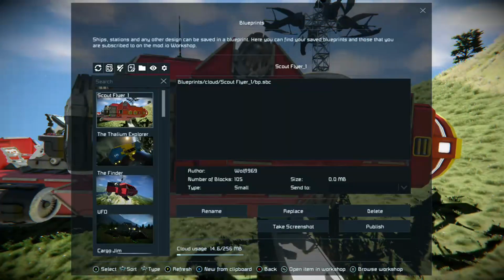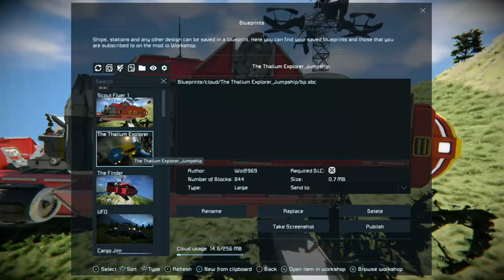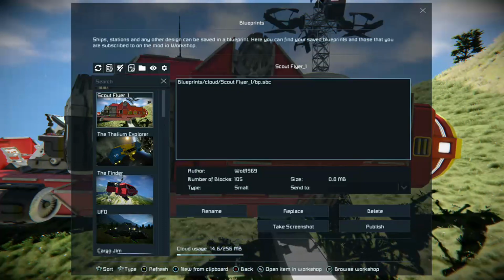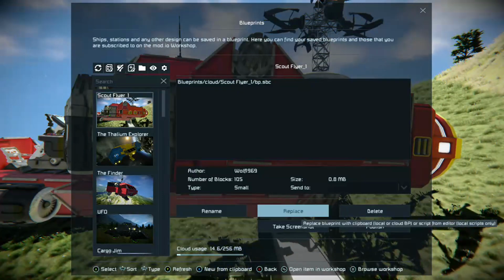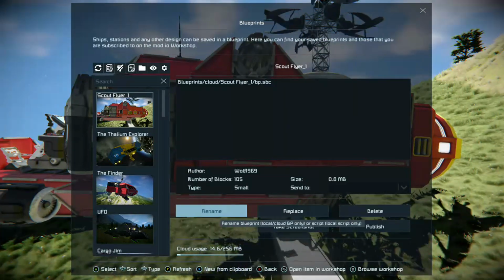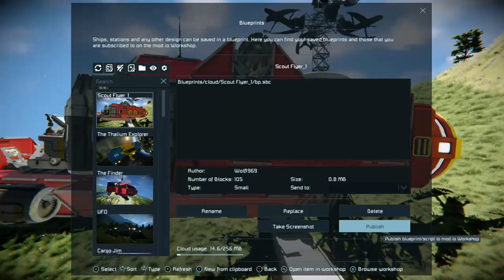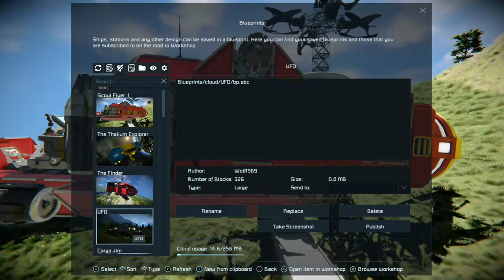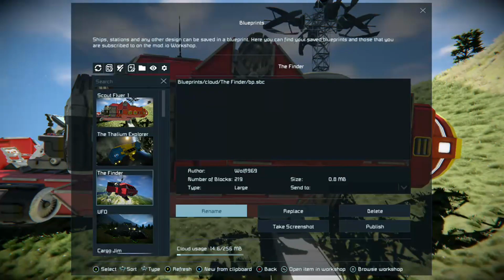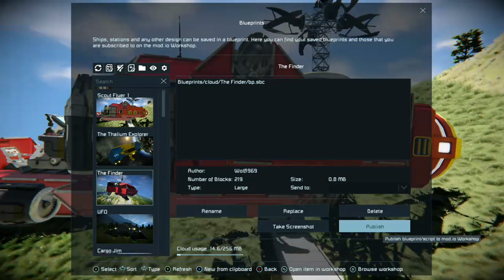And you'll see I've already got a blueprint of the Scout Flyer, so the second blueprint has become Scout Flyer_1. So you could change this if you wanted. Like, you could rename it to Scout Flyer Mark II. And if you want to publish it on mod.io, all you need to do is go across to publish using the D-pad. Remember the trick. You can scroll with the D-pad, move across with the left stick, and you can publish it.